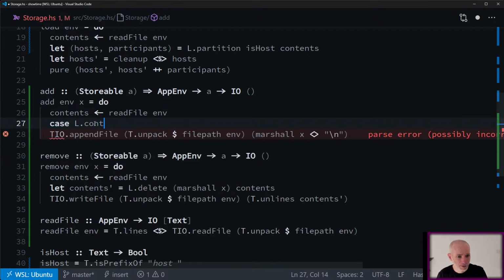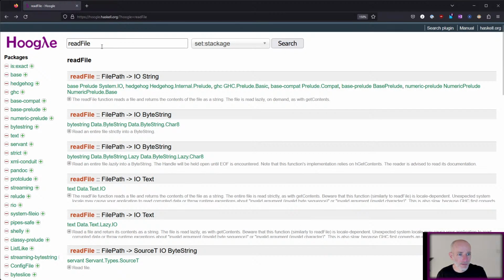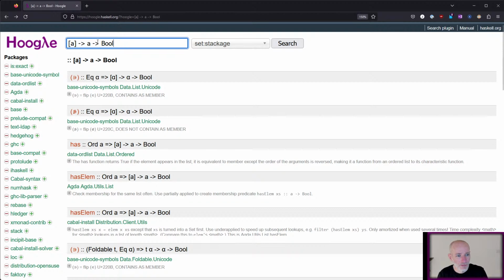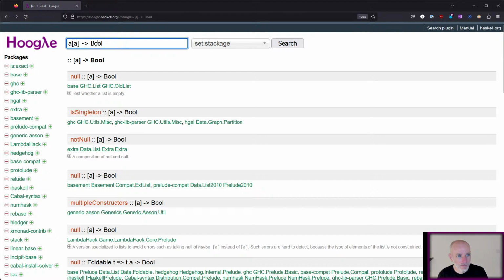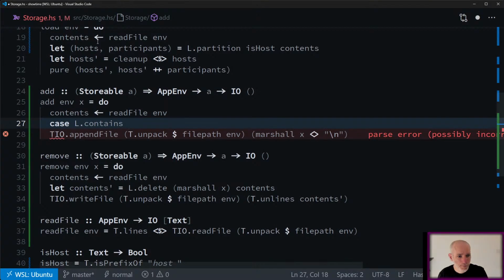L.contains. I don't know what's inside L, and the language server's not helping me. So we're looking for a list of A's and an A and a bool. Let's split that round, because that's not the result I expected. Elem, that's what I wanted.